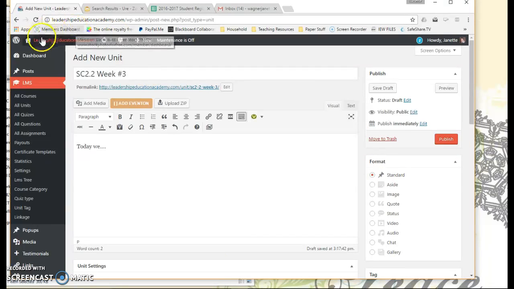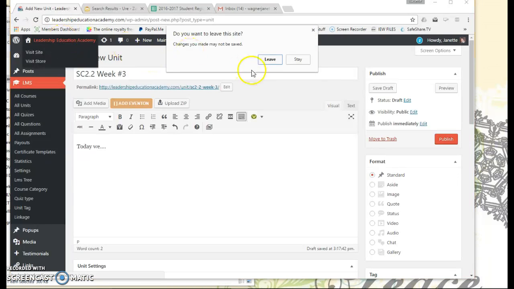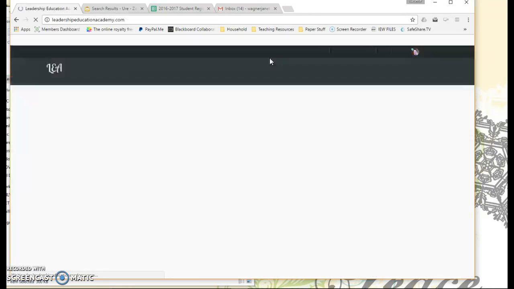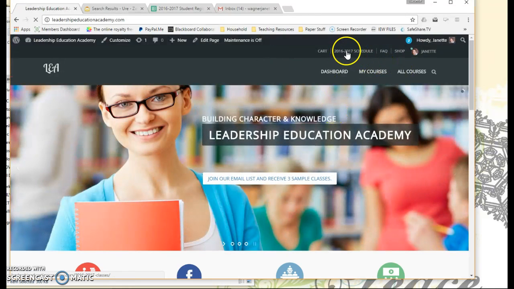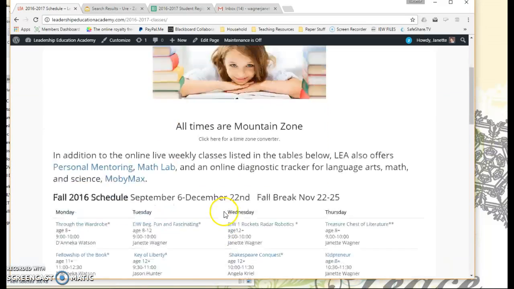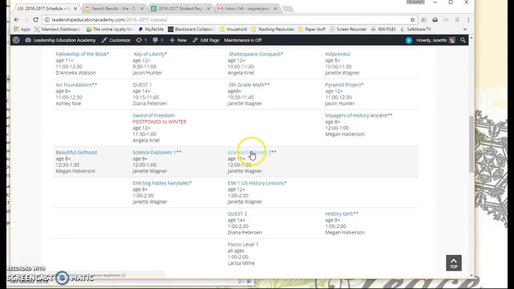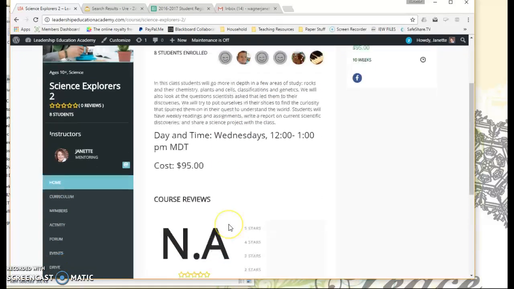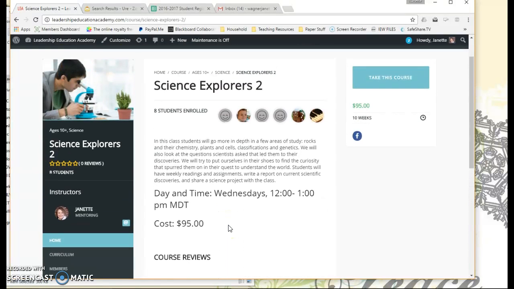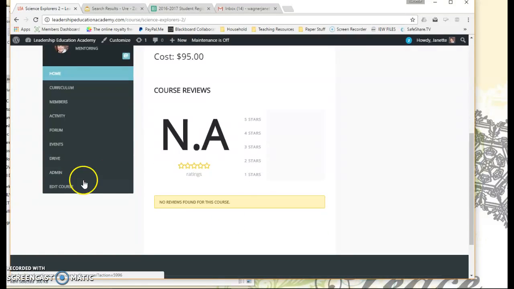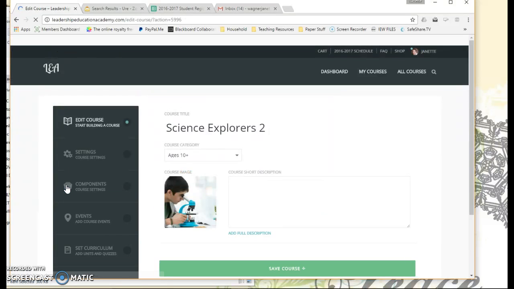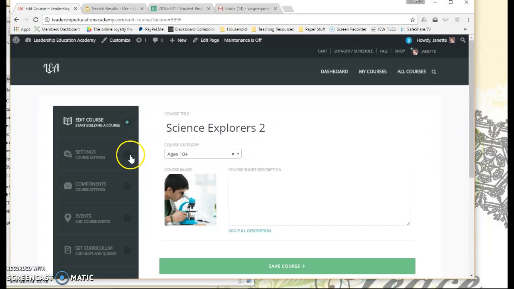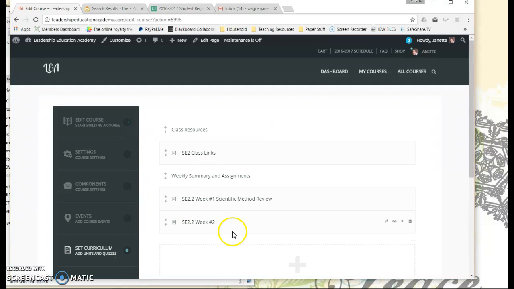So then the last step after you've created the assignment, created the unit, and attached the assignment to it is to go back to your classroom, to your class page, and add the unit. So once you get here, click on Edit Course, and then click on Set Curriculum,